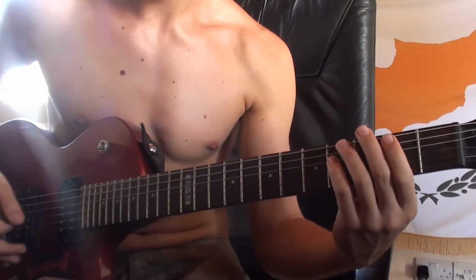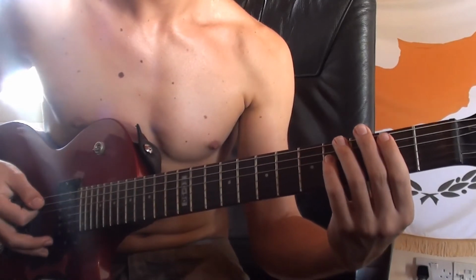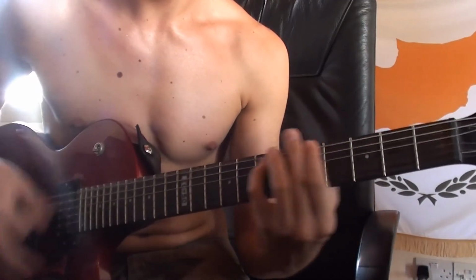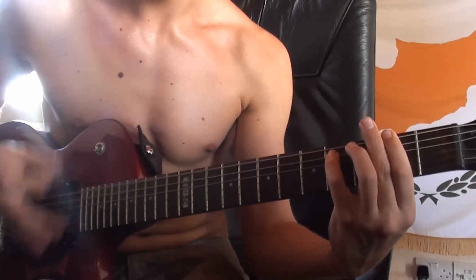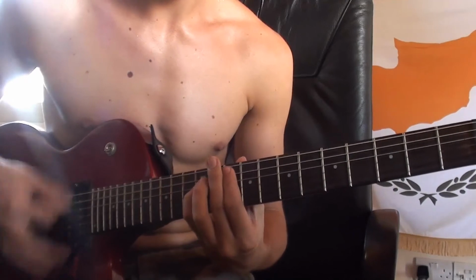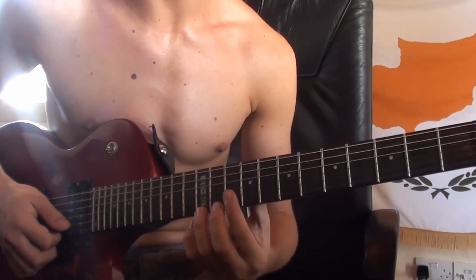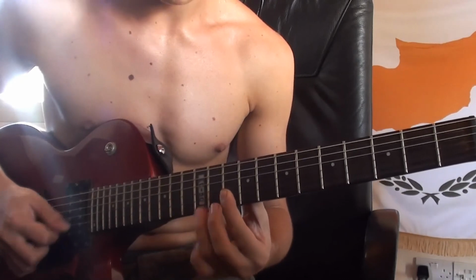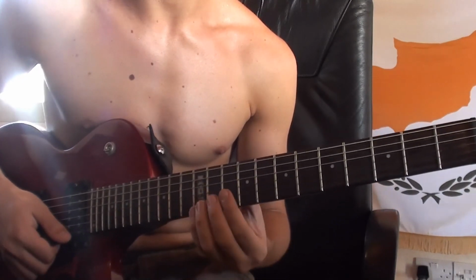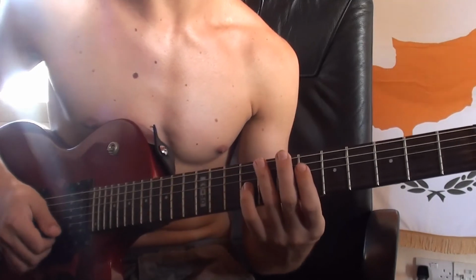And then it's this riff. Let me play through this riff slowly again. Then after that it's the intro riff again. And then after some times of this riff played, I believe it's 4 times, you go back to the lick I showed you before. You play that 4 times as well, I believe, and on the last time you're gonna slide to the 15th fret of the E string, and you're gonna end the song with this,